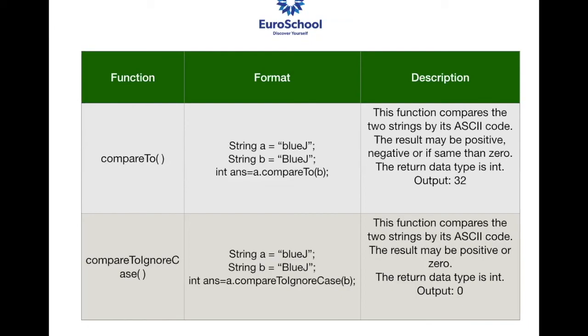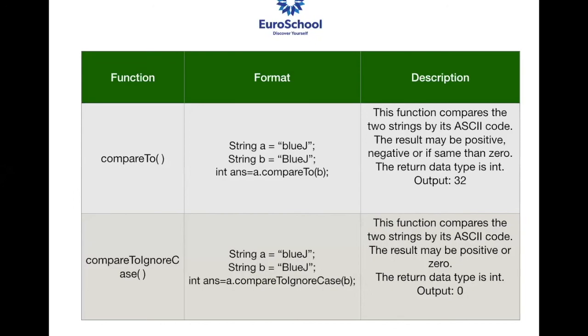Ma'am, अभी आपने you have taken string A as blue, J का B small and J capital. If you have taken J also small, then it is still the same, na? If I say both as BB, it will give me the output 0. In the compareTo function, it was like one was small letter, the other was capital. Ma'am, compareTo की बात है. I'm talking about compareTo only. नहीं मैम मैं क्या बोल रहा हूँ कि जो ब्लू जे का जे है ना वो भी स्मॉल रहता तो डिफरेंस क्या आता आंसर क्या आता? In which one? One sec. Vedant, just be quiet.